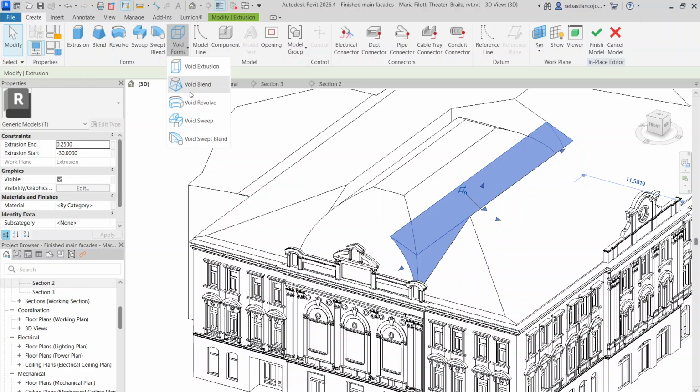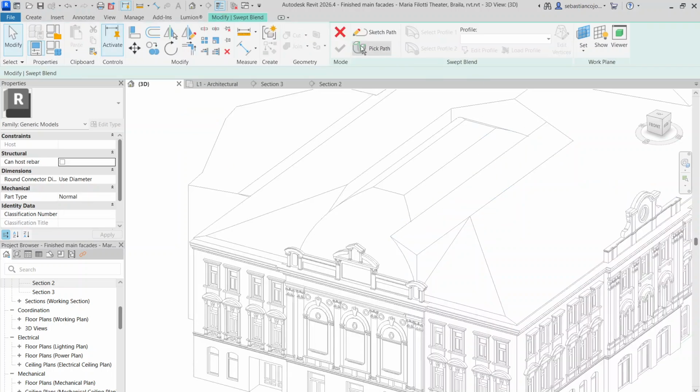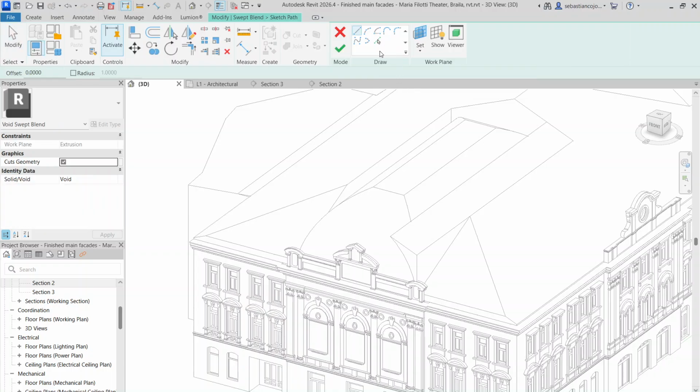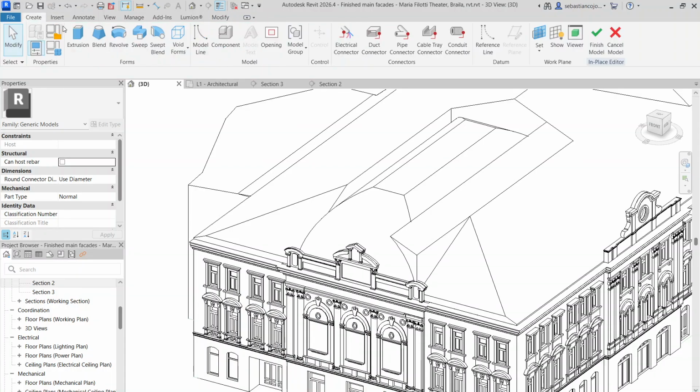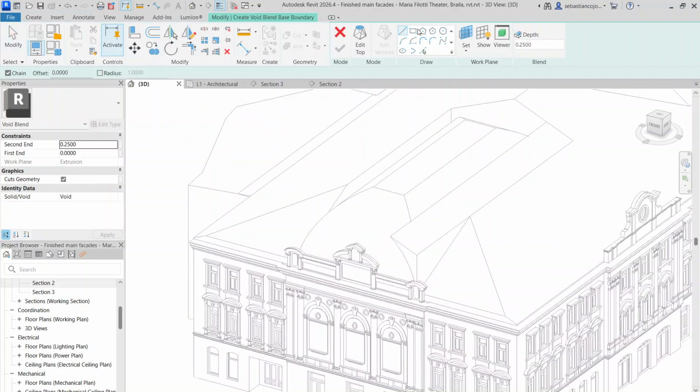Void forms, void swept blend, I guess. Let's say I do sketch path. And no, no. Create void blend. Let's say I pick this plane and I use,